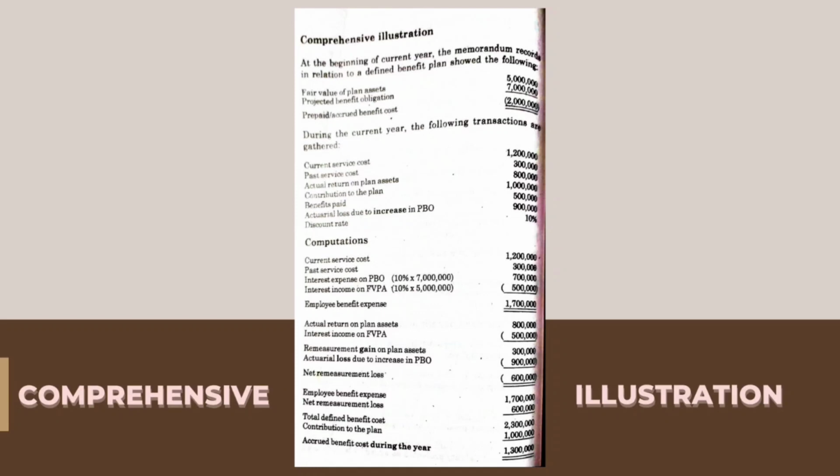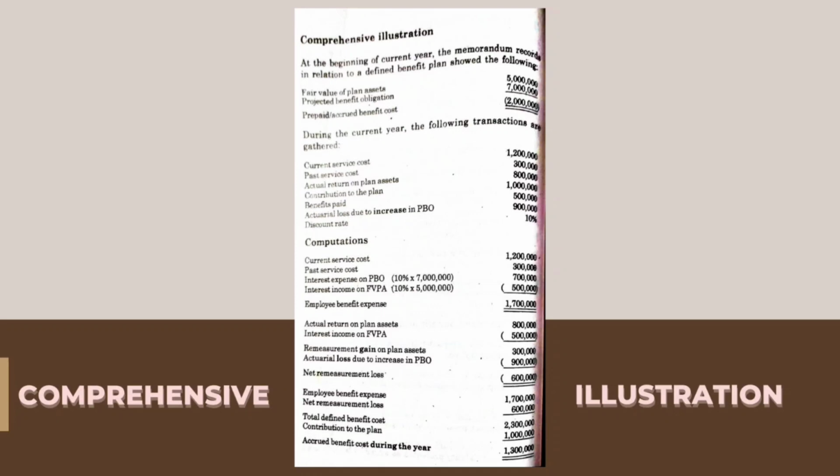And to get the interest income on FVPA, we'll multiply the discount rate to the fair value of plan assets, which is 5 million. So 10% times 5 million, we'll get 500,000. So the employee benefit expense is